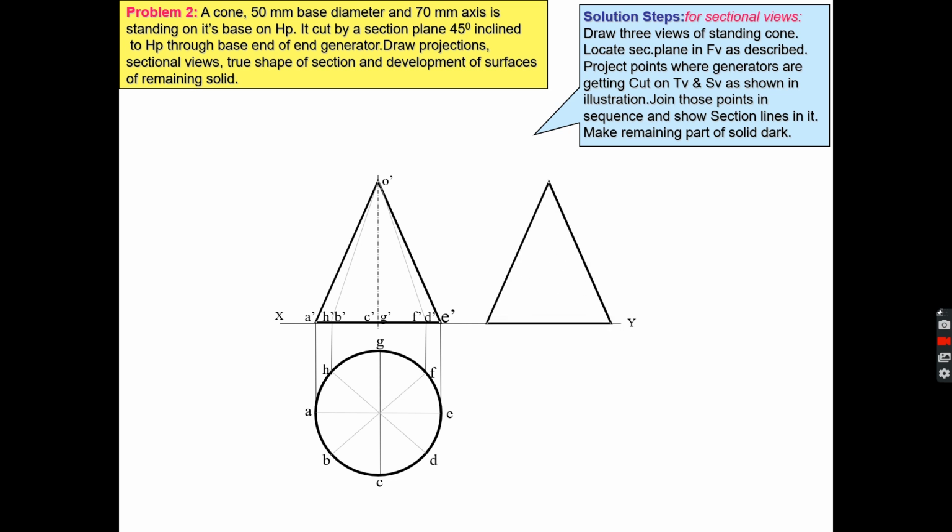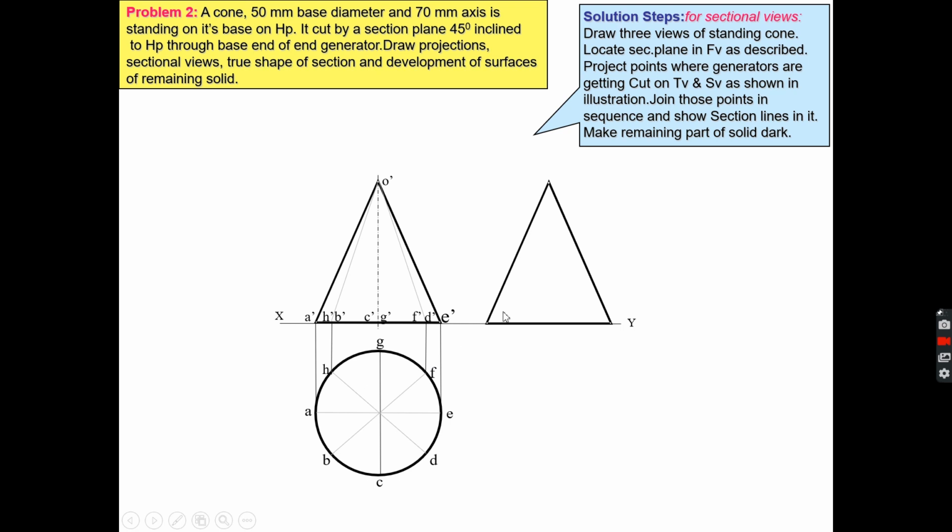In the side view also, it will look exactly like it is looking in the front view. The only difference is there will be different points in the base. If you look at the cone from this side, then you can see these points G, H, A, B, C at the front, and these points F, E, and D at the back.